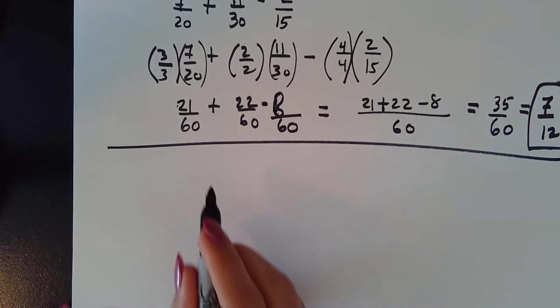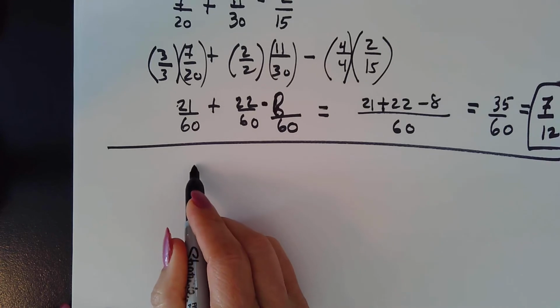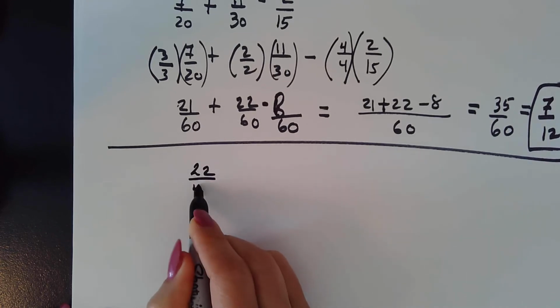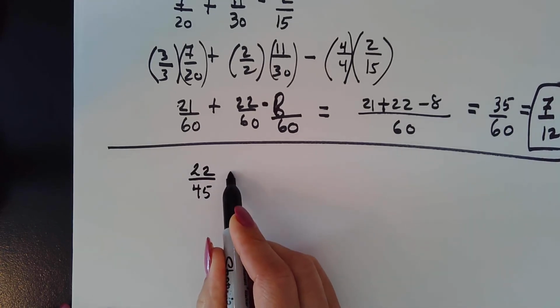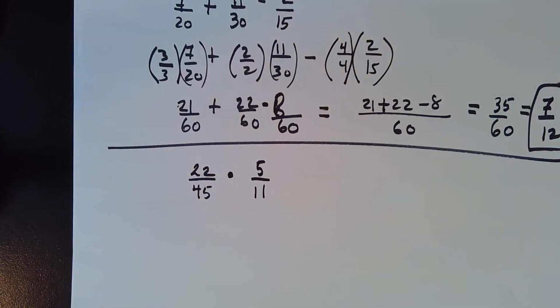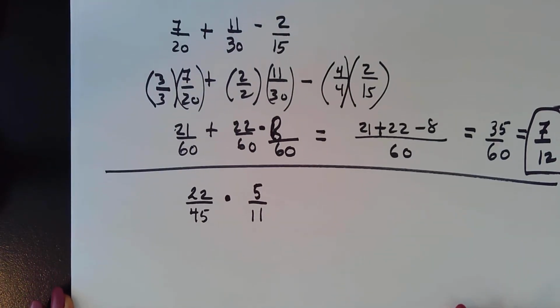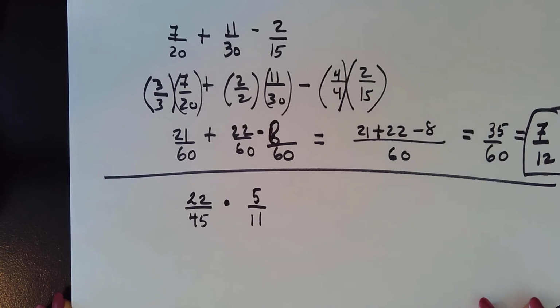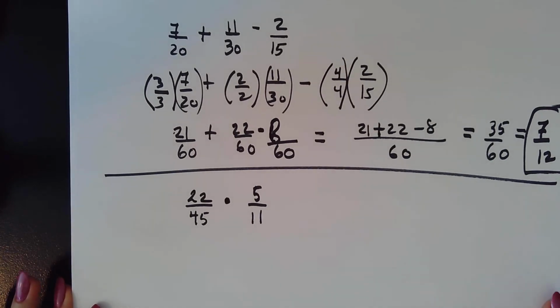For multiplication, you don't need a least common denominator, so we have 22 divided by 45 times 5 over 11. Let's do this one. And always try to simplify the fraction. Let me lower this a little bit so you can see. I need to keep an eye on the screen, I'm sorry. But so that's here. Always try to simplify the fraction if possible before you